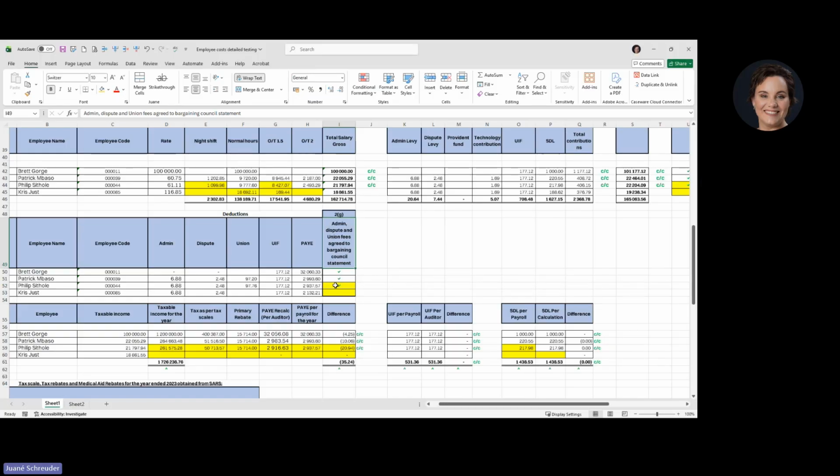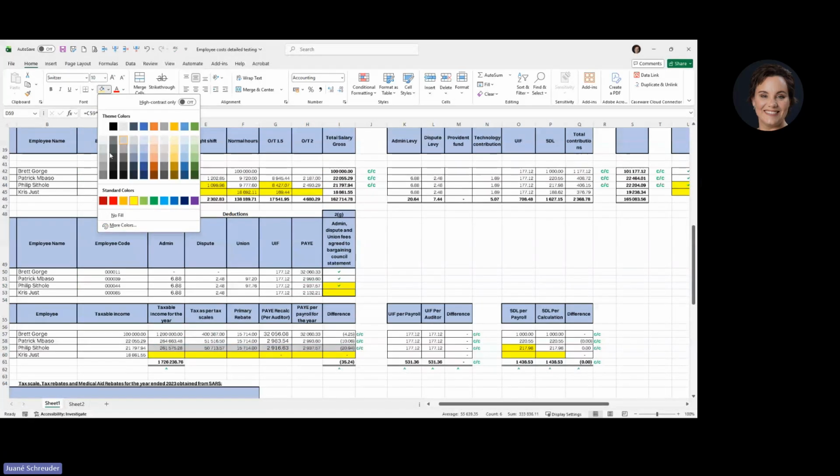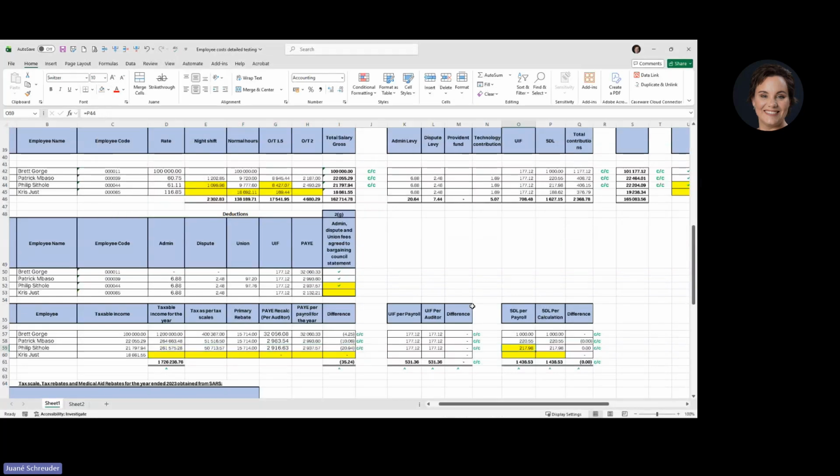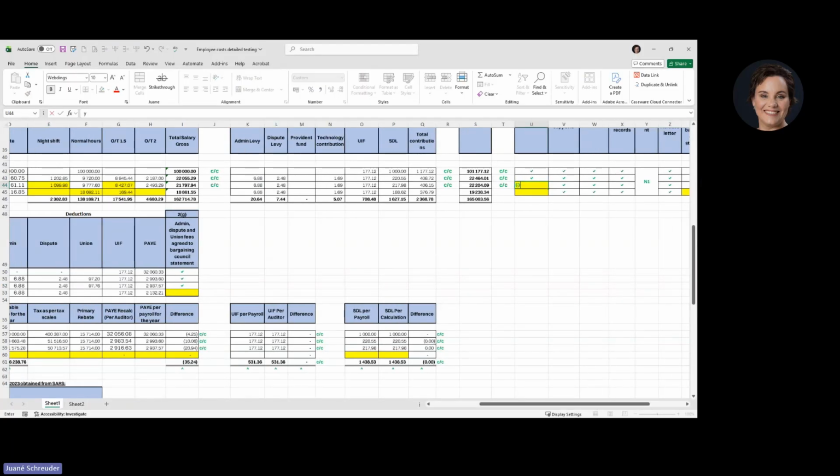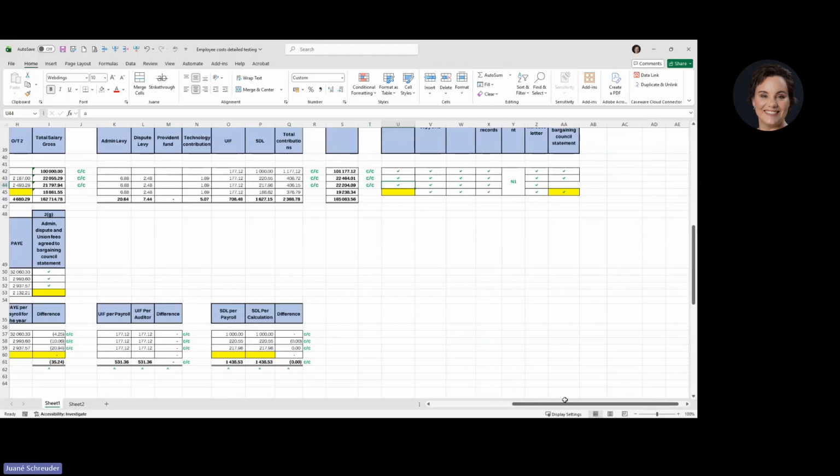What was still outstanding before we got to that was the PAYE that we still had to recalculate here at the bottom. So if you want a pretty file, we can now remove all of the highlights for Philip Sitoli. If you wanted to see what we have done, those two I might still leave there, a little bit of uncertainty. I need to go and find that out from the client. But other than that,